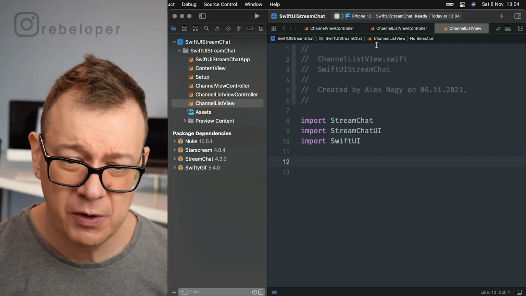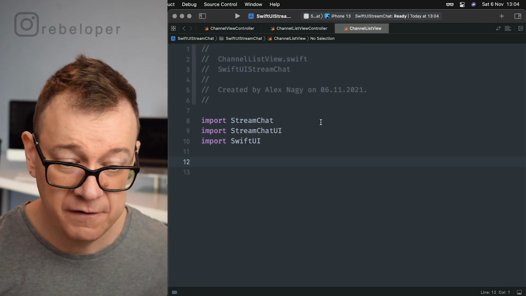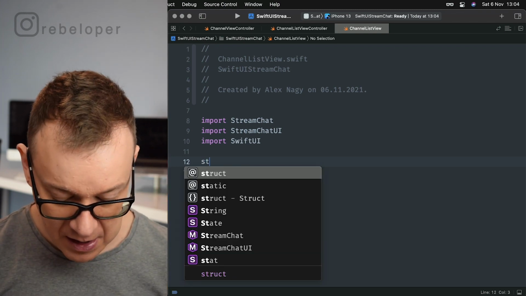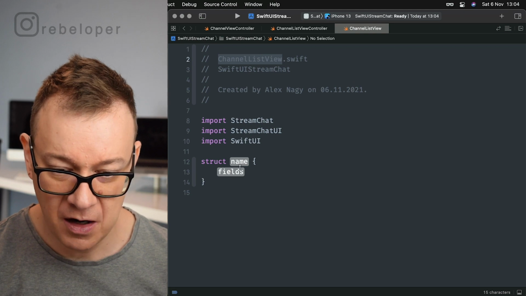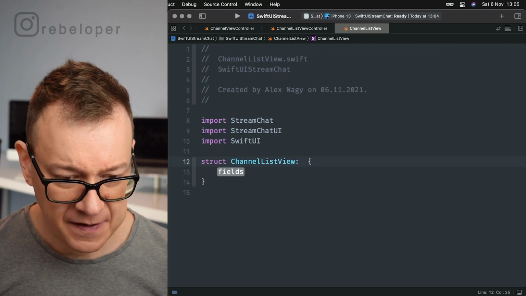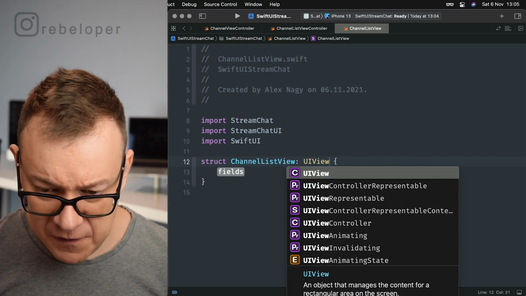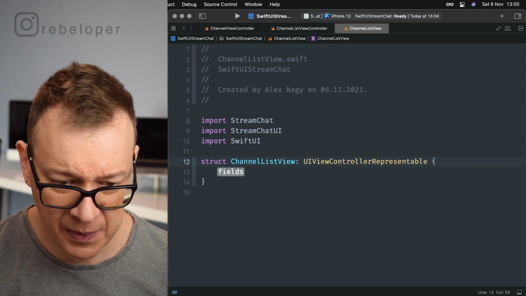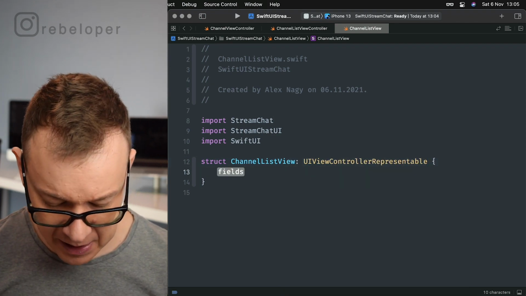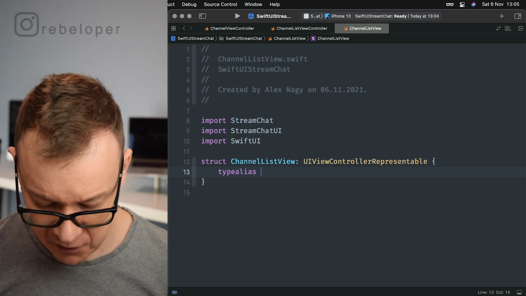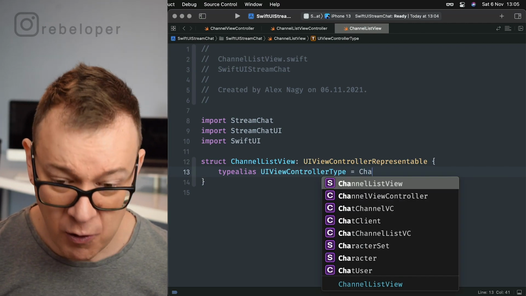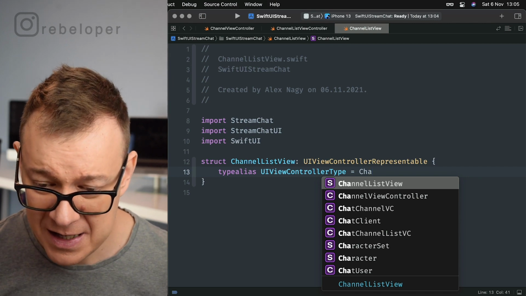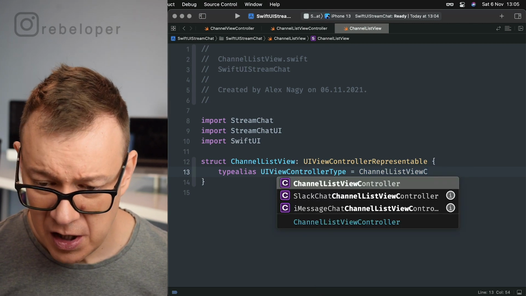Okay, so what we're going to do is UI view controller representable. So let's just create our struct, and it will be named channel list view, and then UI view controller representable. Now this needs a type alias, so the type alias for our UI view controller will be our created channel list view controller.